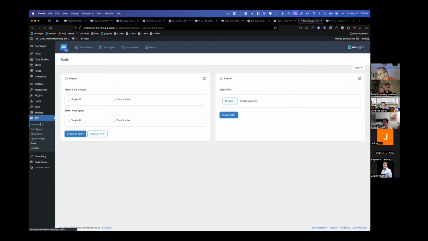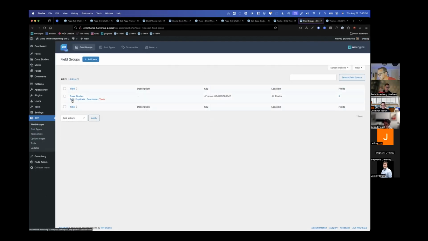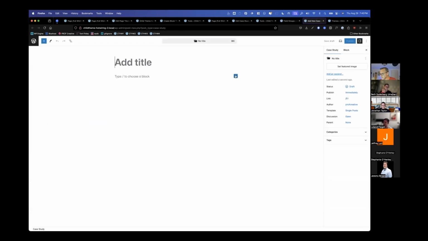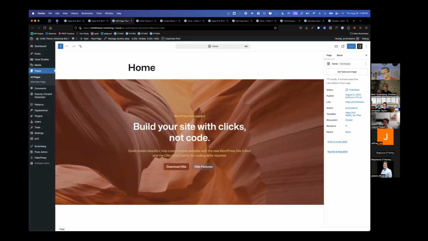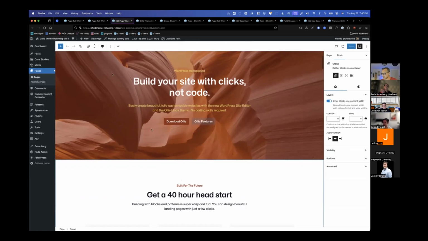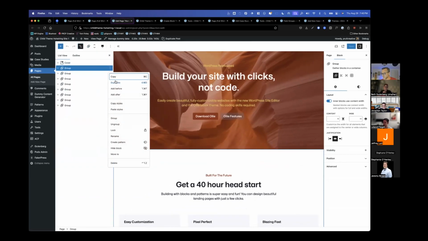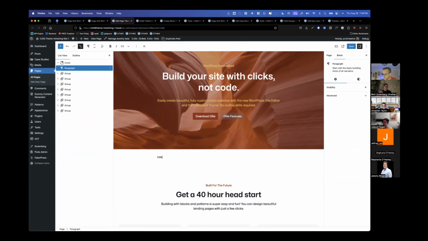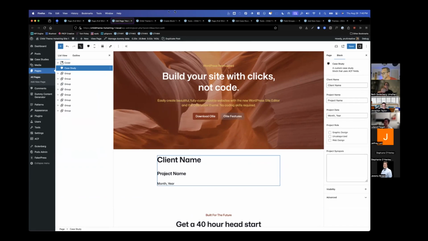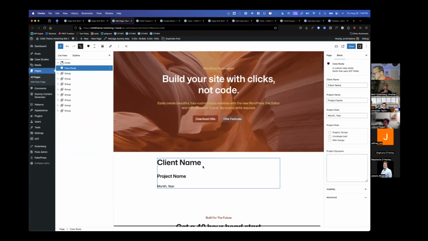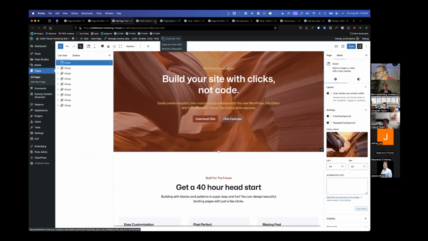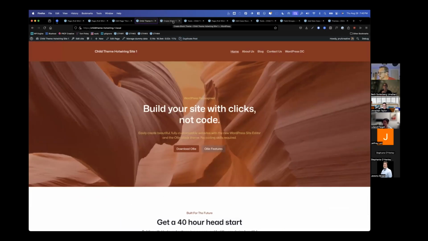Oh, well, let me double check and see if that actually worked. Okay, so case studies is now in this site, right? I have that custom post type, but what I don't have is the block for it. The block that is present on my previous site. So, for example, this is what I want to see. Case study right there. Now, this actually shouldn't be showing on this page because this page isn't the correct post type, but whatever, we'll cover that base later.